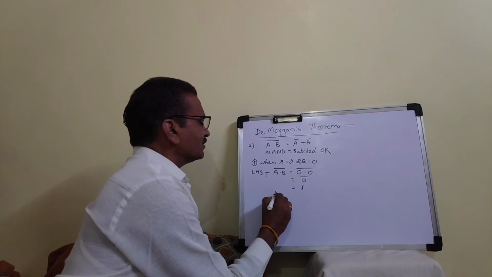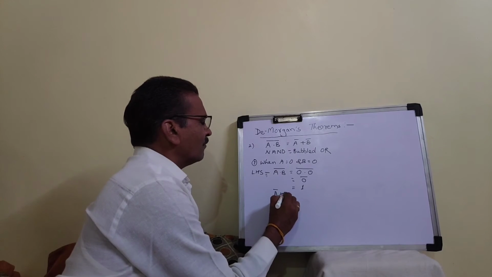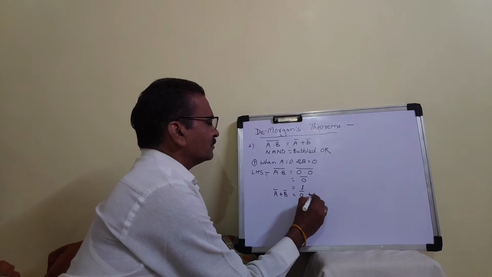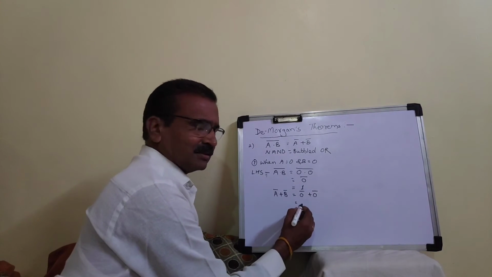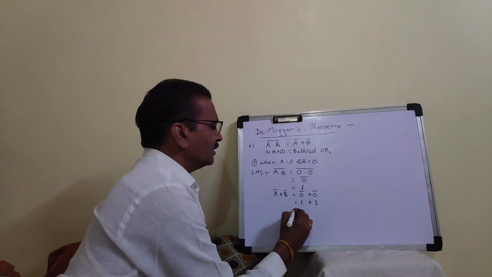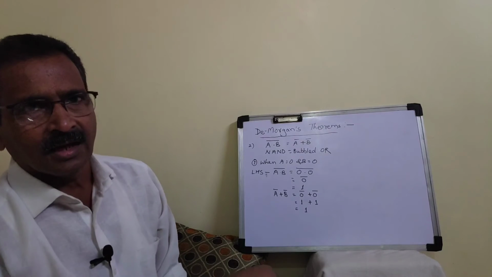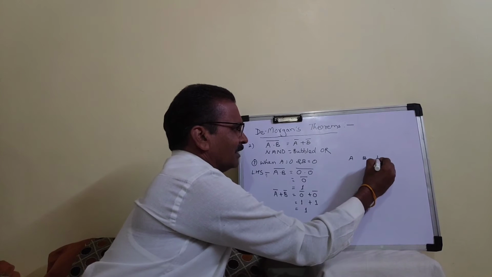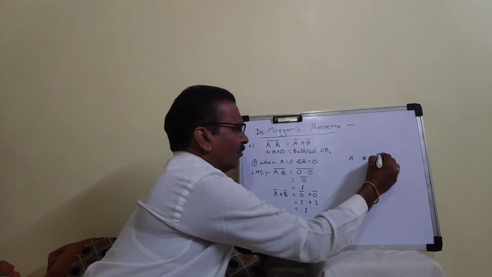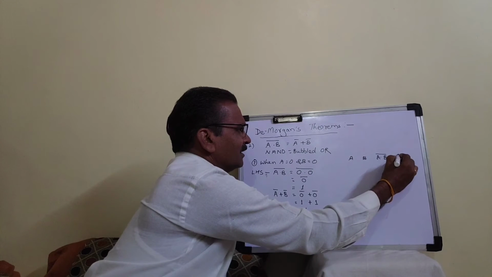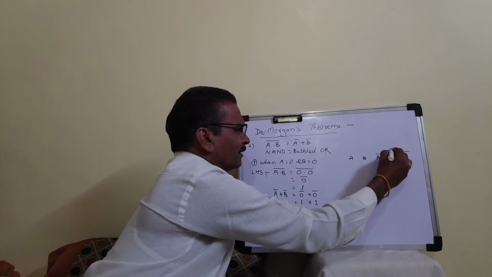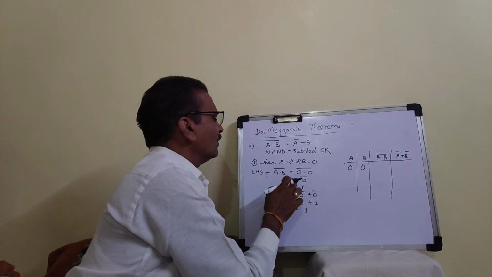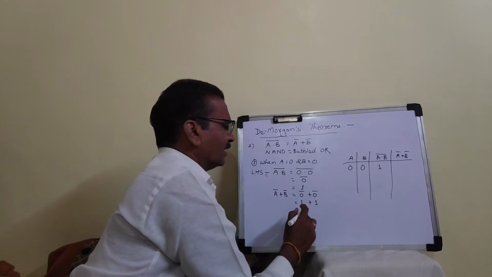For RHS will be A complement plus B complement. Now again put the values of A and B, that is 0 complement plus 0 complement. Now take individual complements. This is 1 plus 1 equals to 1. Again, we can form the truth table. Truth table inputs A, B, left hand side A dot B whole complement, right hand side A complement plus B complement. Now complete this truth table like this. First condition 0 0, LHS will be 1, RHS will be 1.